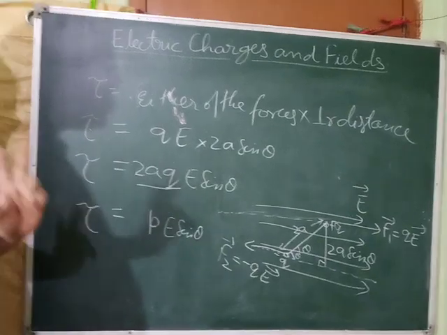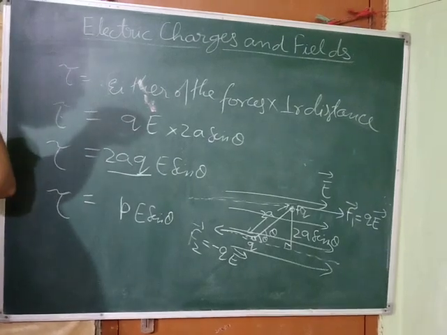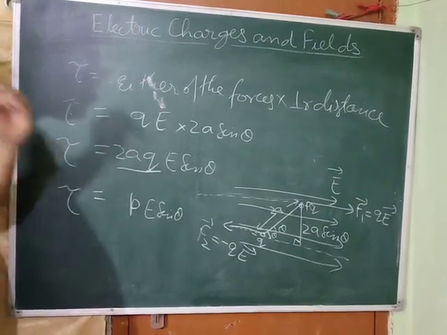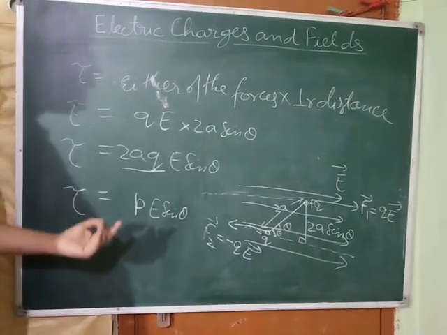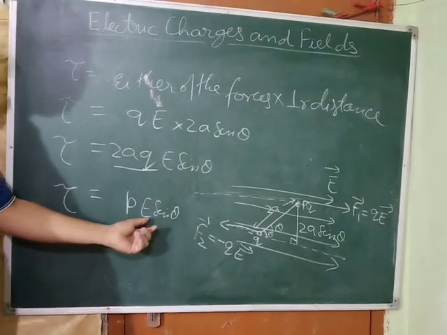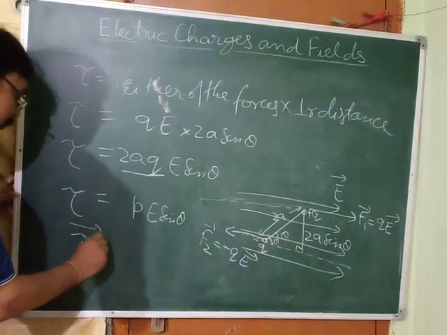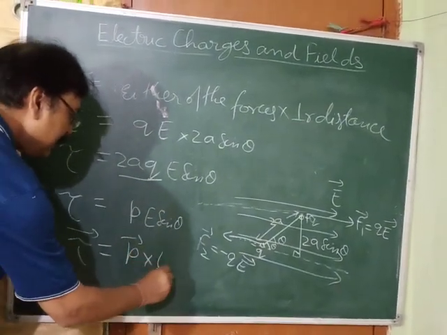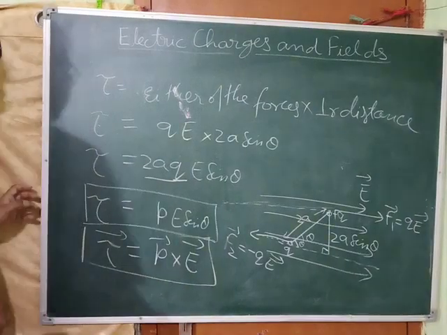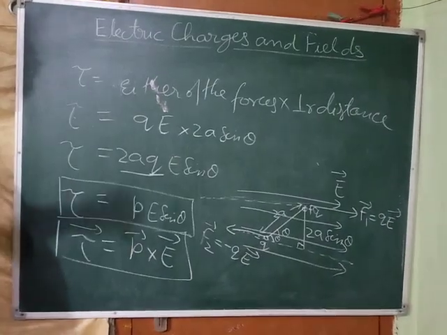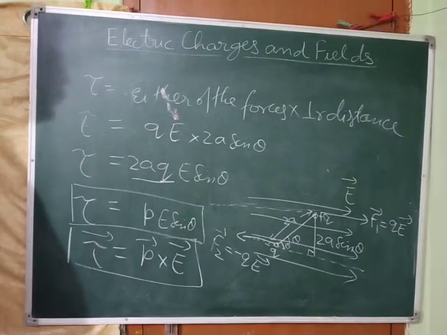Okay. And one more, that means we can say one evidence is there indicating the cross product should be there. The second evidence is the sin theta, because we know that A cross B is what? AB sin theta. So it is written in that form, AB sin theta. That means we can write it as A cross B. So tau is P cross E. This is in the vector form, this is in the scalar form. In this way we got the expression for torque acting on an electric dipole placed in a uniform electric field.